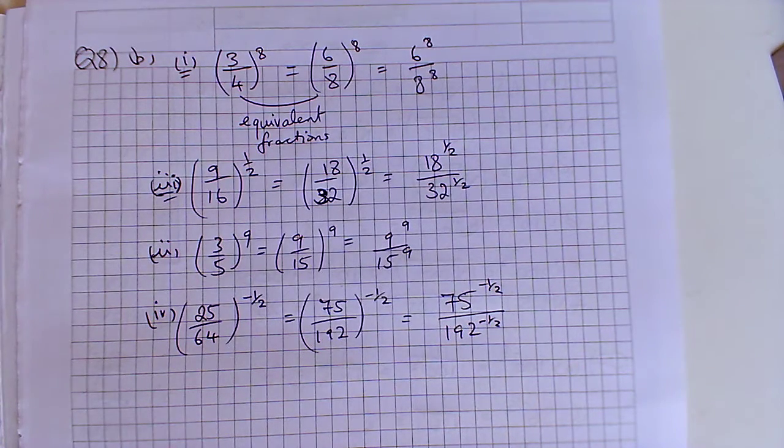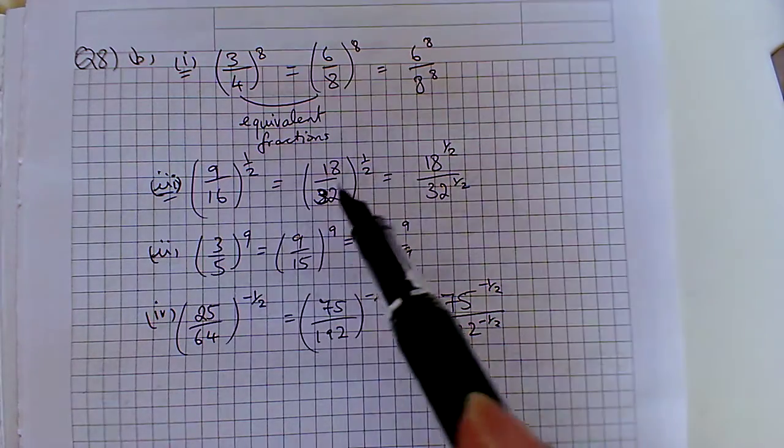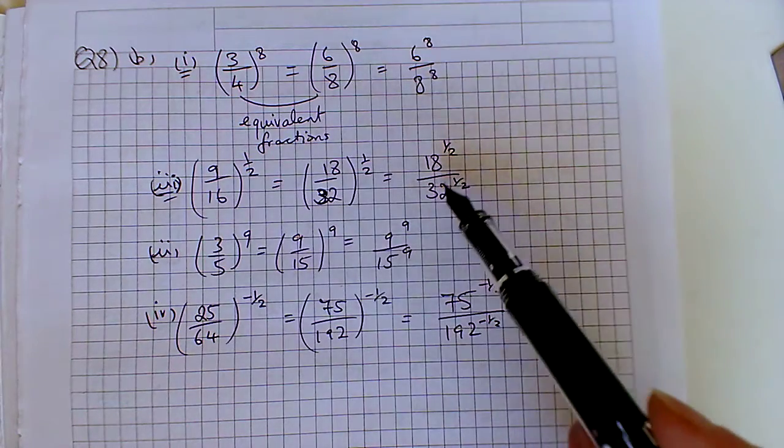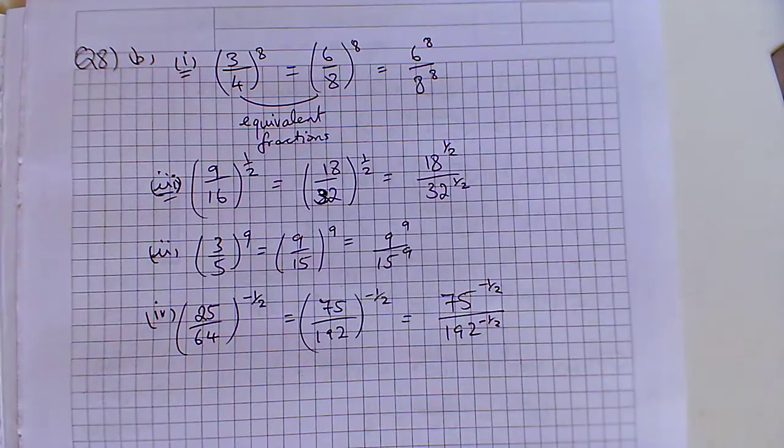Okay, don't worry too much about question 8. It's just an odd question to sort of force you to apply the rule. It's not the type of question that comes up in exams. So if you don't really get what it's asking, it's just trying to get you to see that when you've got equivalent fractions, even with powers on them, they